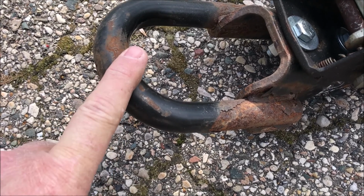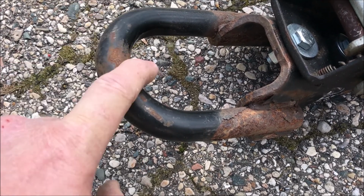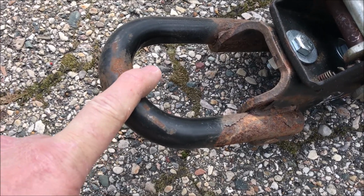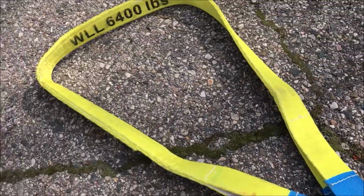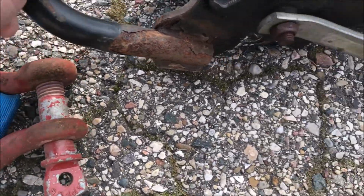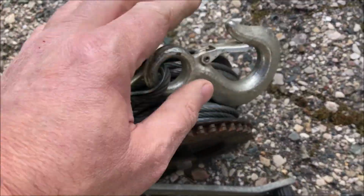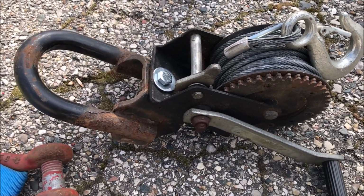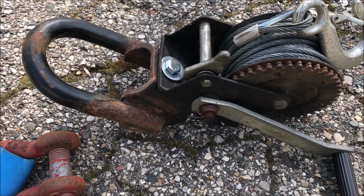If you have an anchor point that's a vehicle, you just drop this thing right over the hitch on the back, and if you need to tie it to a tree, you use one of these straps and a clevis and just put that on there, and then put the hook to the ATV or whatever it is that you're pulling out. But this thing has worked for me for pulling ATVs out of the muck, and also when